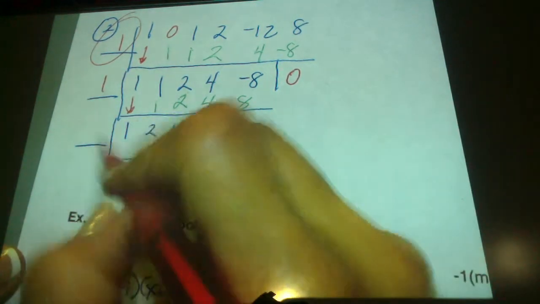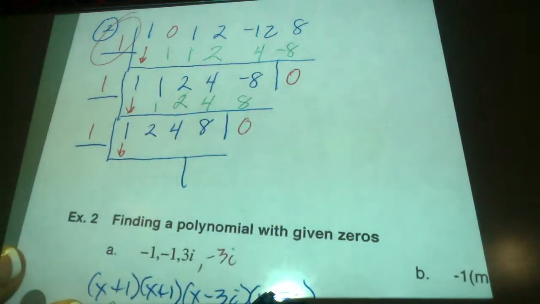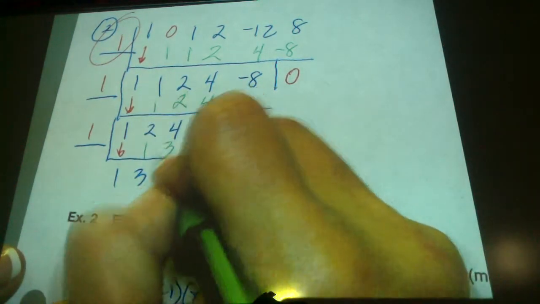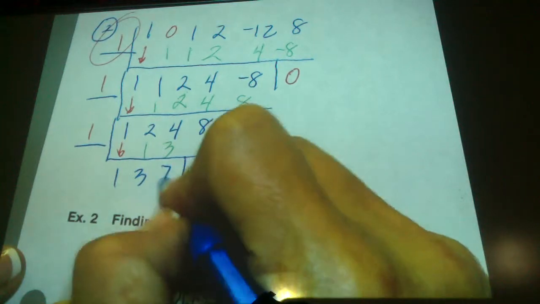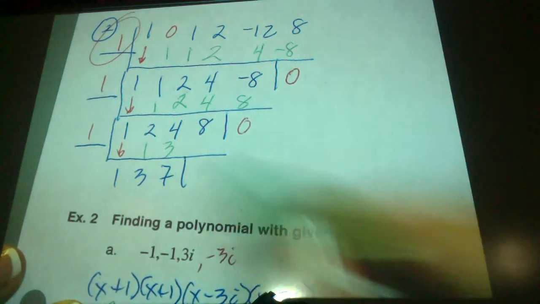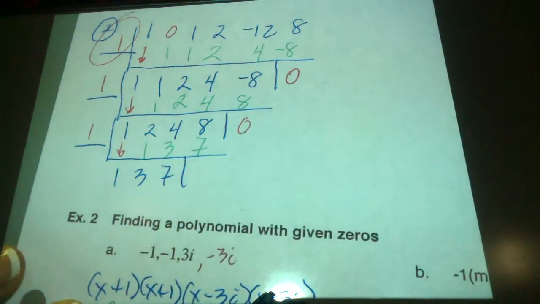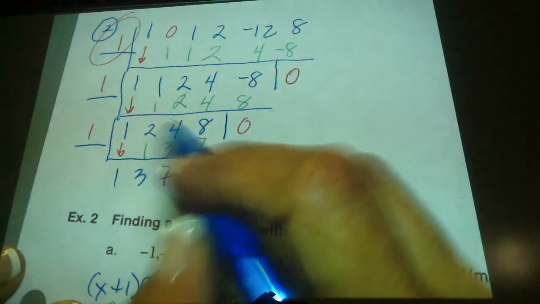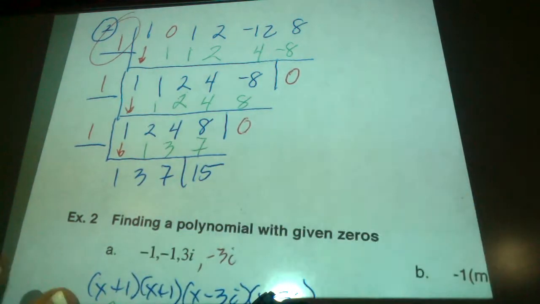So bring down that first term and start to multiply. 1 times 1 is 1. Add down is 3. 1 times 3 is 3. Add down is 7. 1 times 7 is 7. Add down is 15. Question. Okay, so I did not get a remainder this time. But,